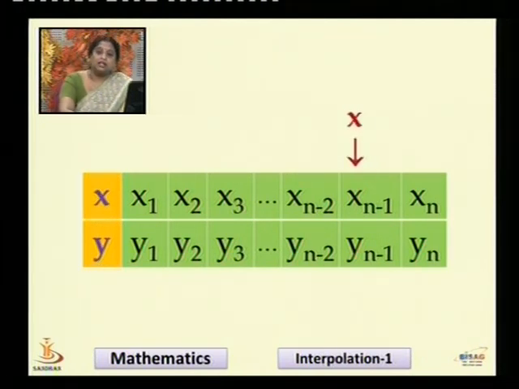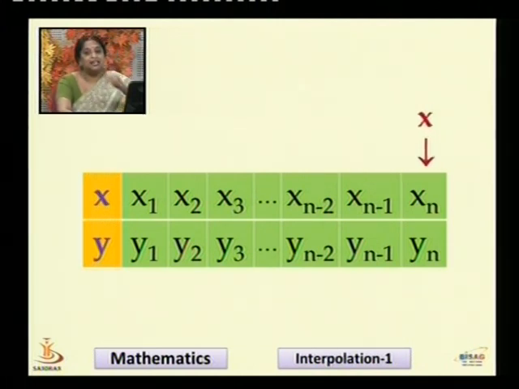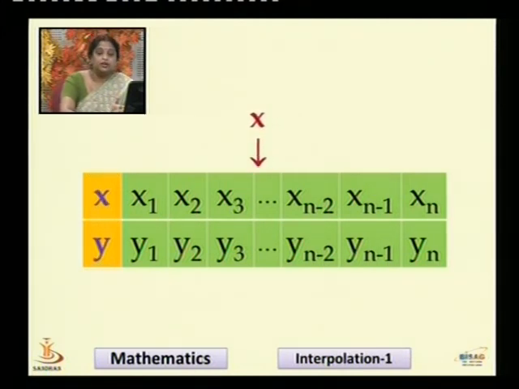Suppose the x for which the value of y has to be interpolated is located at the latter half or the lower half of the table, then we make use of Newton's backward difference interpolation method. And if the value of x for which y is to be interpolated lies anywhere in between the table, so now we are confused whether we should be using forward because it's somewhere in between. So is it in the upper half or in the lower half? So when the point lies in between the table, you may choose to either use Newton's forward difference method or Newton's backward difference method.